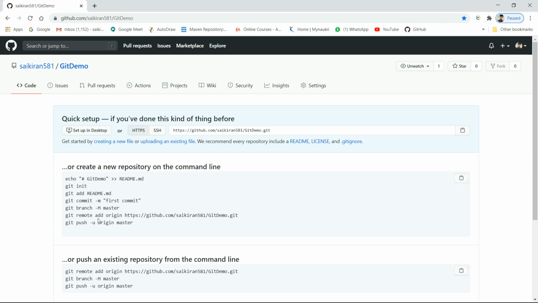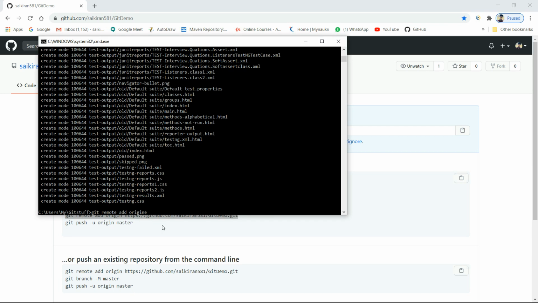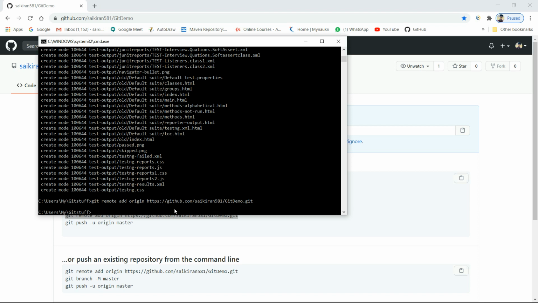Then git remote add origin. We can also copy the URL from here and paste it there, and click on enter.